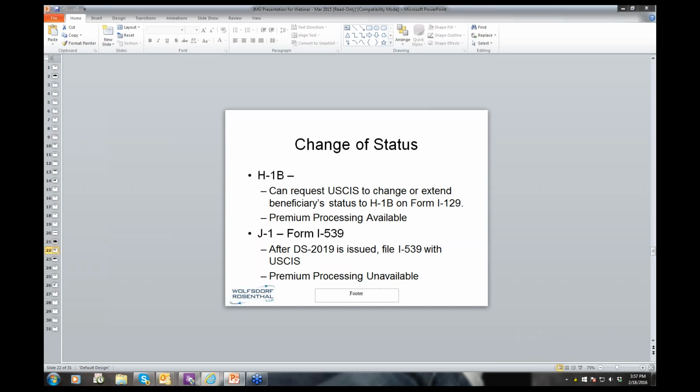The J1 is done by you, and you would submit Form I-539, and you would do this after the ECFMG has issued the DS 2019 to you. There is no premium processing available, and right now Vermont is taking several months to adjudicate the J1 change of status applications. California is reporting about 2.5 months, so just keep that in mind when you're trying to figure out